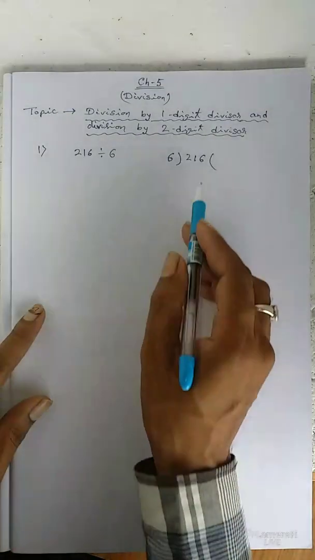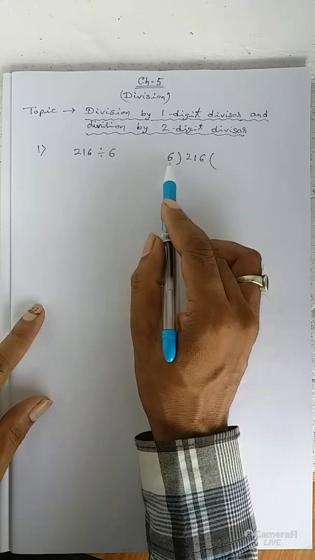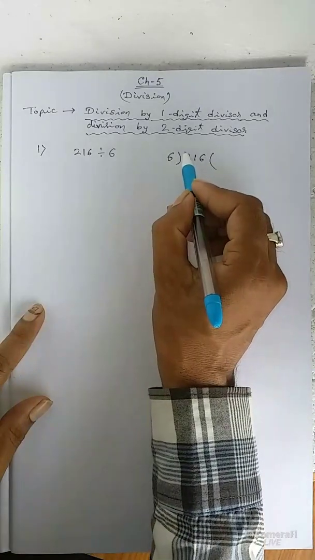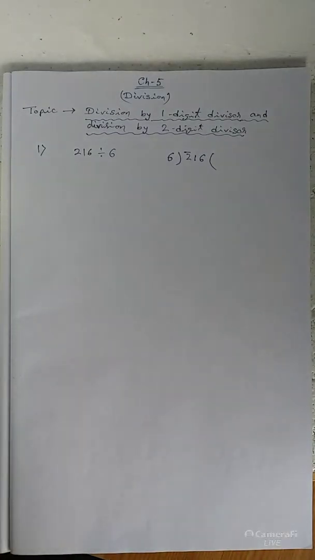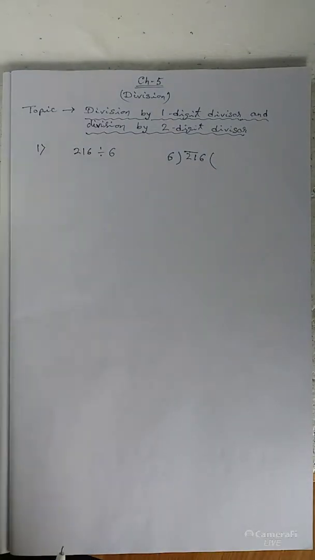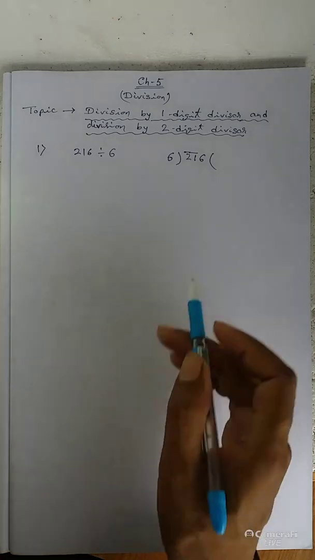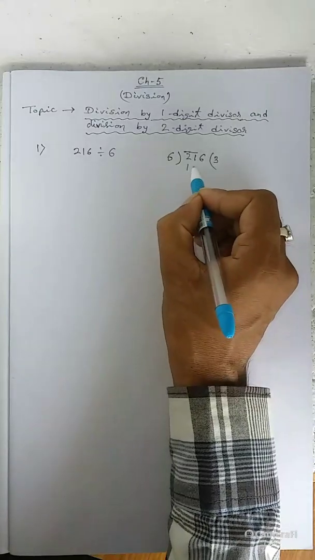Here are the dividend and the divisor. Now see here, 6 is one digit. So let us first try the first leftmost digit of the dividend, 2, but as 2 is less than 6, we will go for 2 digits. Taking 2 digits, we get 21. Now proceed with the table of 6. 6 1 is 6, 6 2 is 12, 6 3 is 18, 6 4 is 24, but 24 is greater than 21. So we will take 3, 6 3 is 18.